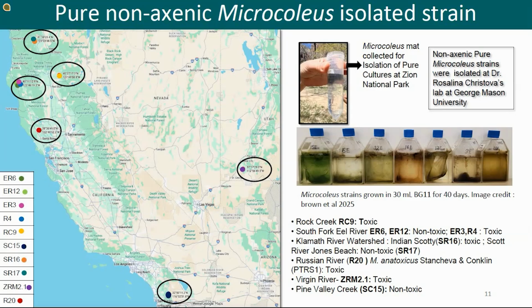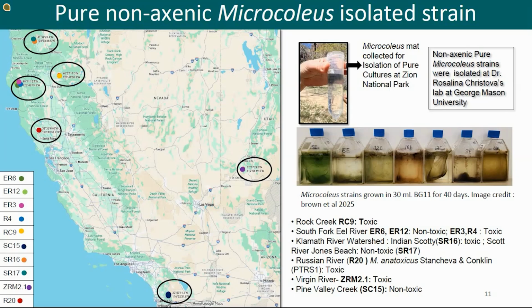Also, our LCMS results show that some of these strains were toxic, were producing toxins. For example, RC9, ER3, 4, SR16, 17, and R20, ZRM 2.1, all were toxic and others were non-toxic. So we want to understand now that just looking at them, we can't tell if these are different Microcoleus or similar Microcoleus and how do they relate